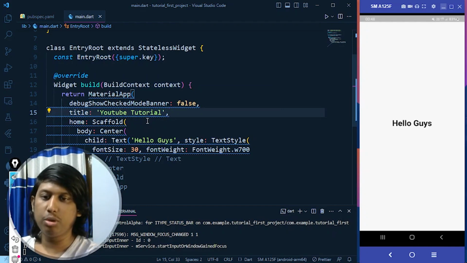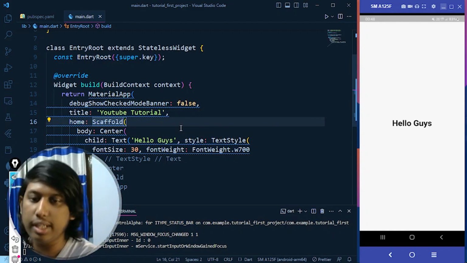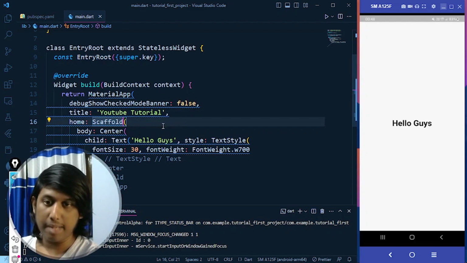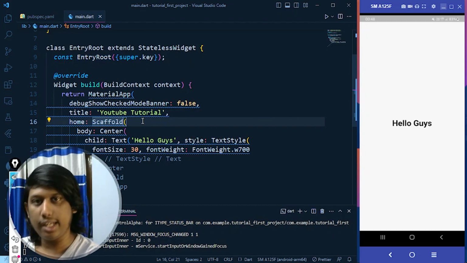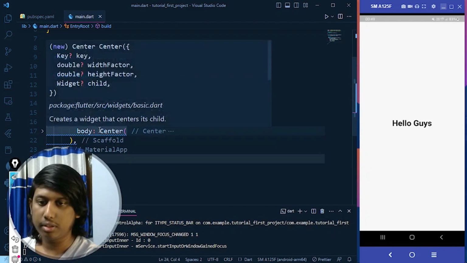After that, the material app has a mandatory parameter named home, and under that home you can make your own widget and widget tree of stateful and stateless widgets. Here I have not made any stateful widget as of now. I made a widget named scaffold. So scaffold is responsible for making any kind of stateless or stateful widget into a new fresh screen, because when you wrap a new screen under a scaffold, you are ready to customize your screen. So if we remove the scaffold here,